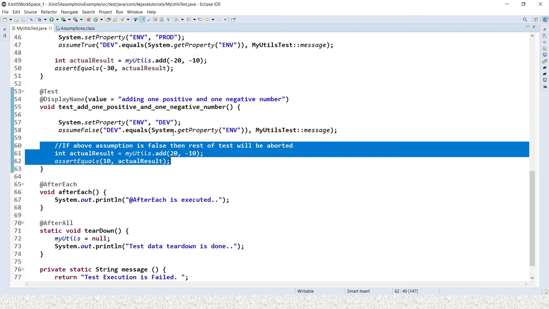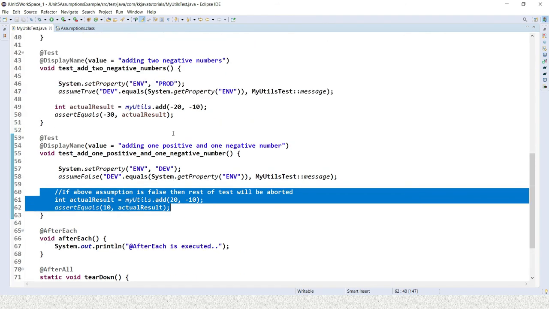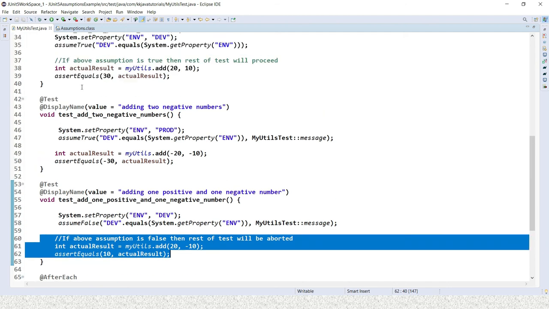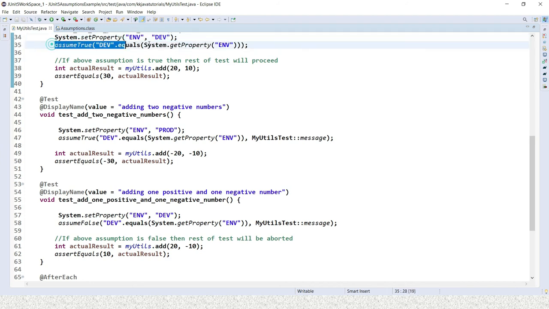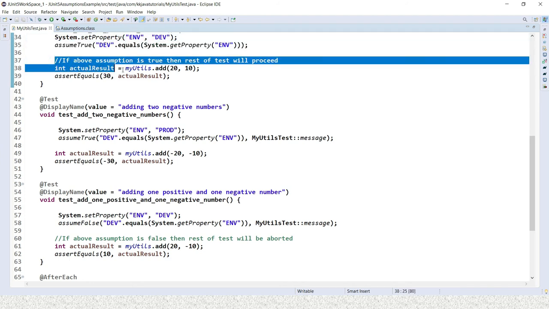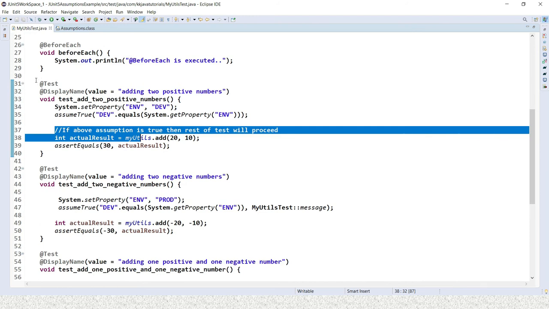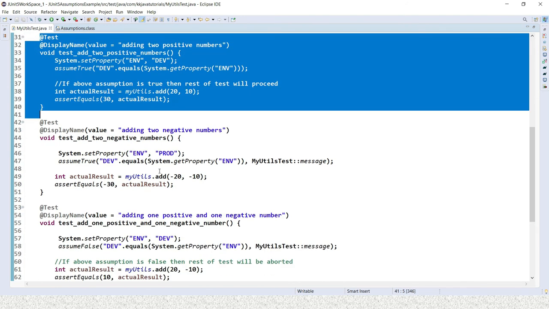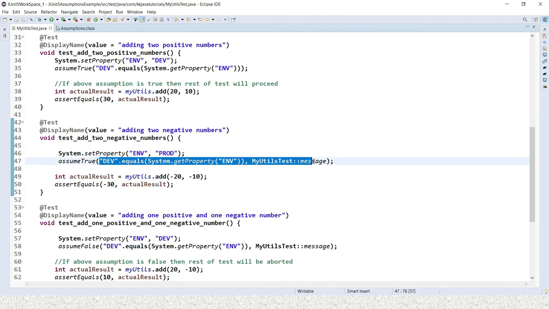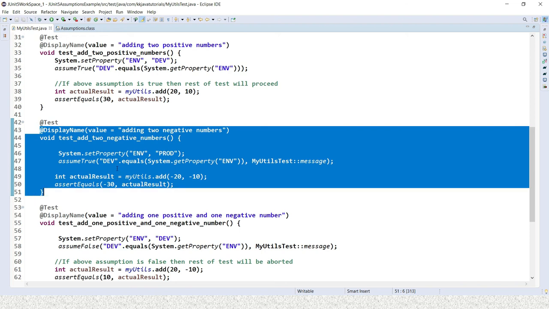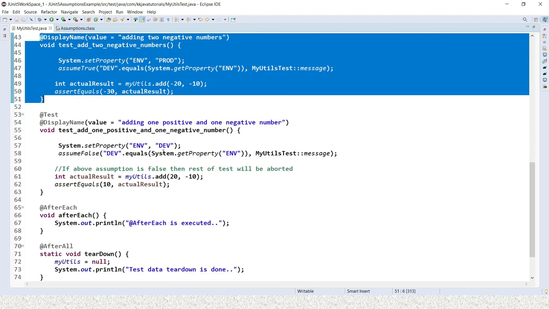And similarly, if you look into one more test method, here env we are setting as dev, so this is going to be true, so this test is executed successfully. But here env we are setting as prod, but we are checking for dev, so this method is not going to execute, and this test method will be aborted.